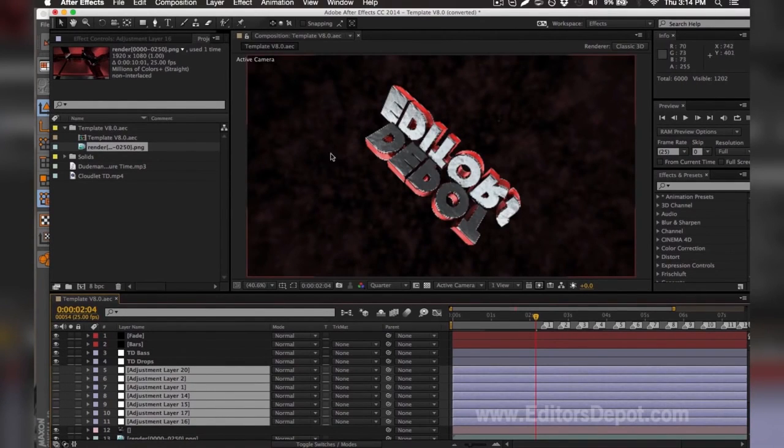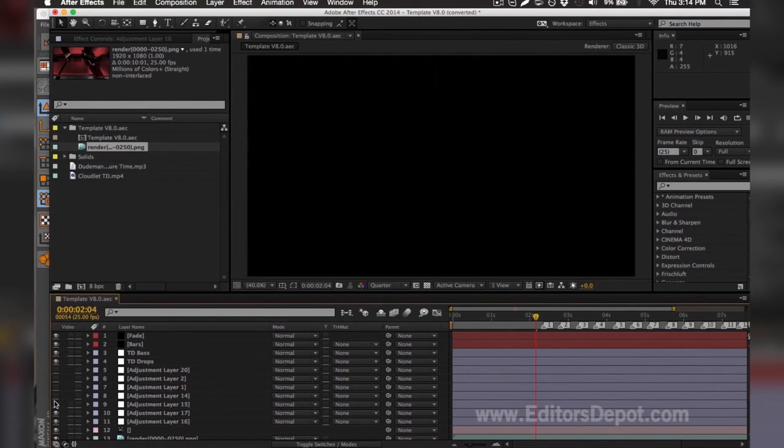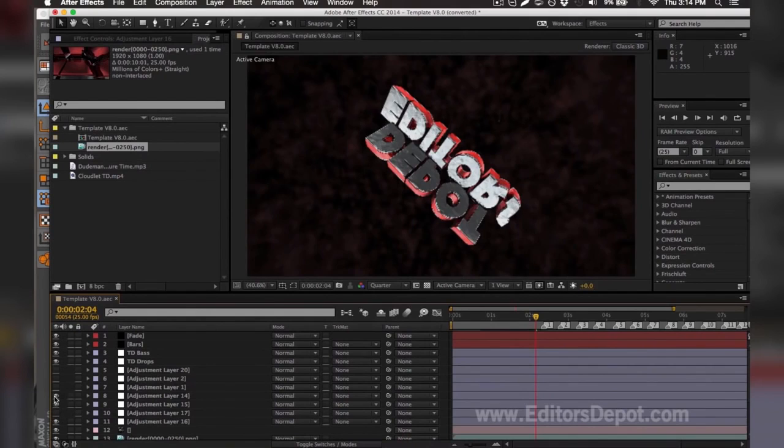As you can see here, of all the adjustment layers, one of them messed up the entire render, so I'm going to turn them on one by one. That one's fine, that one's fine. Oh, this one's the problem here. So you make sure you turn them back on,